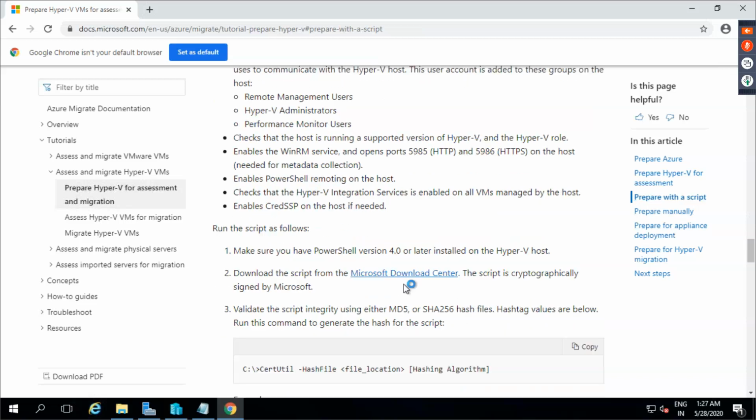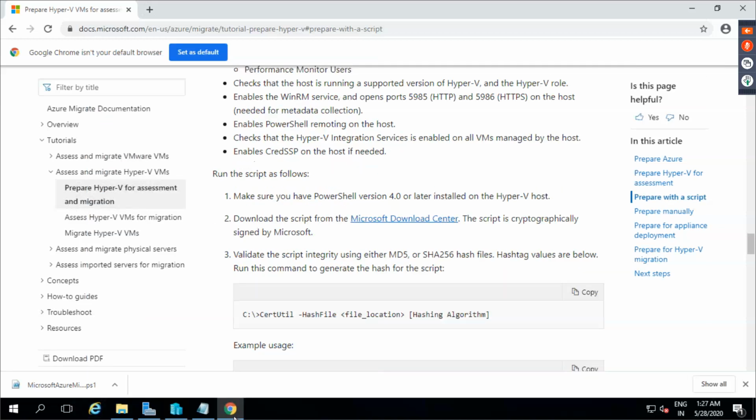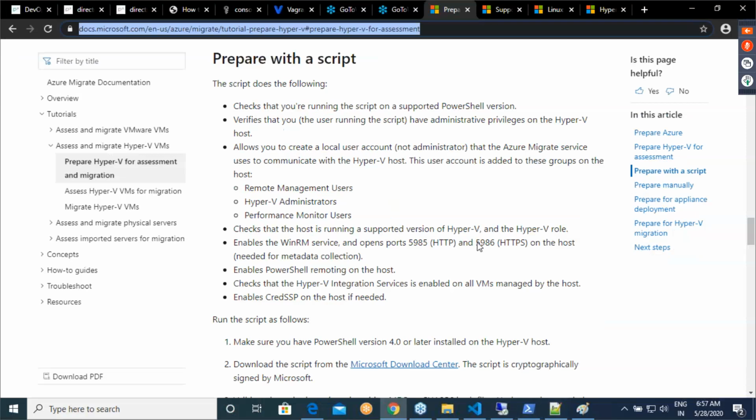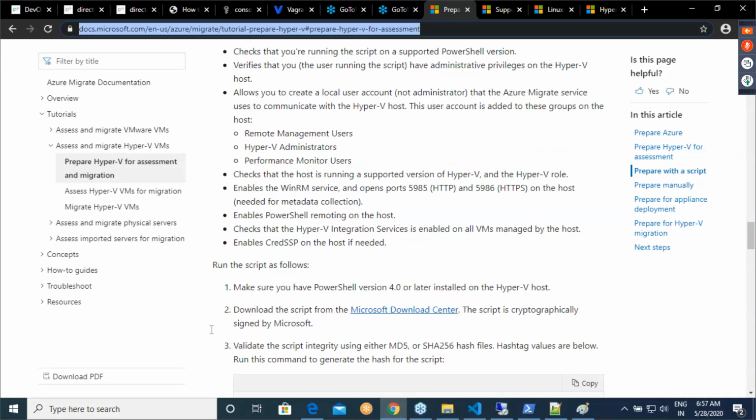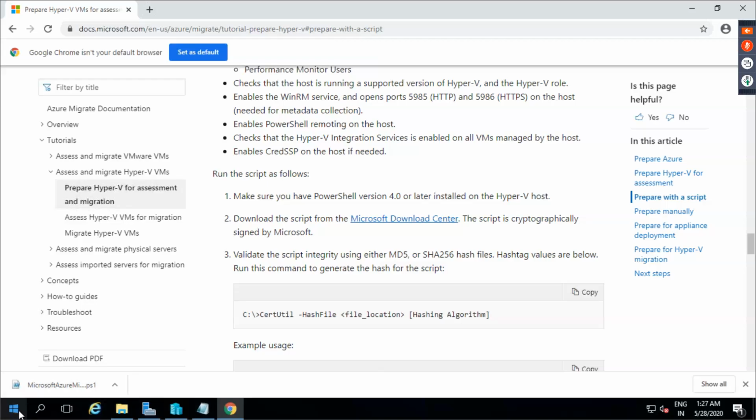Prepare with a script. I'll go to Microsoft Download Center. I got the script downloaded. Okay. And then I have to run this command. That's it. Okay. So you see we downloaded it in the downloads folder.